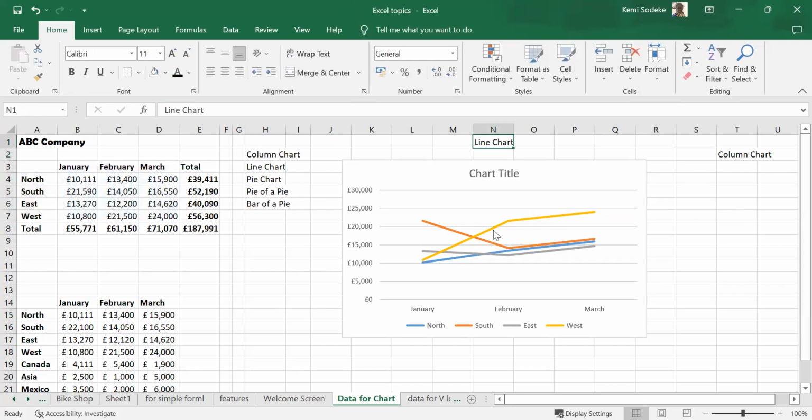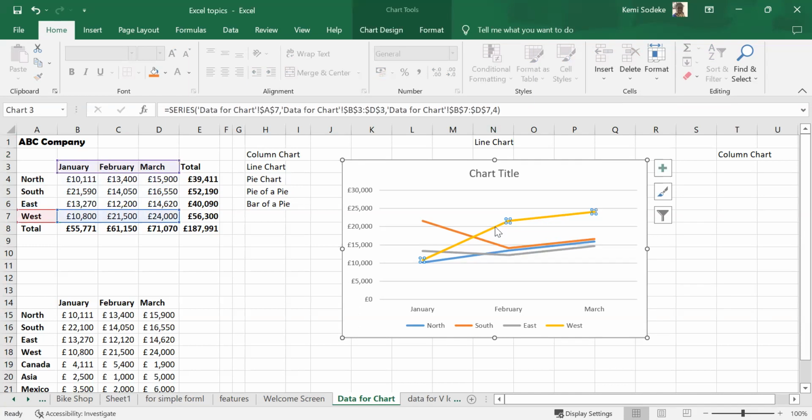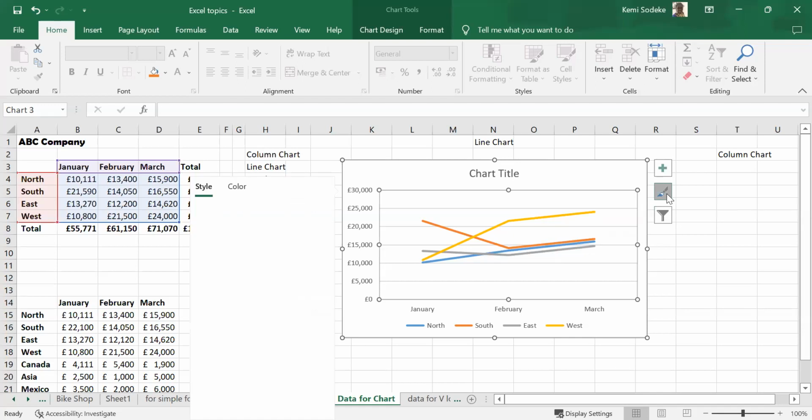And when you click on the data, like the yellow line, you can see the data highlighted. So it shows me that that is West. So West is yellow, North is blue. You can change the colors. So there are some colors you can change, the group of colors. You won't be able to change the individual colors, but you can change the group of colors. So for instance, if your organization's color is closer to, let's say,